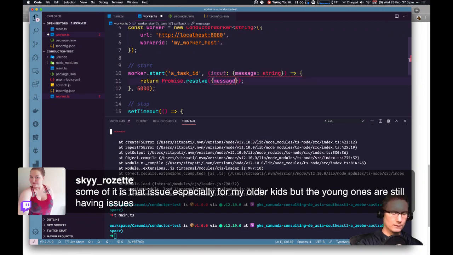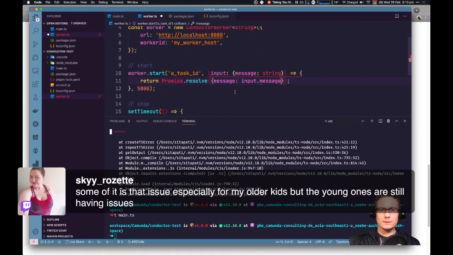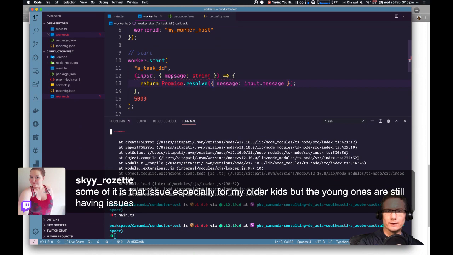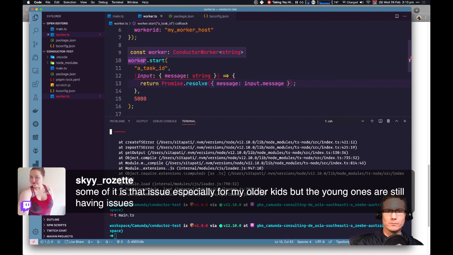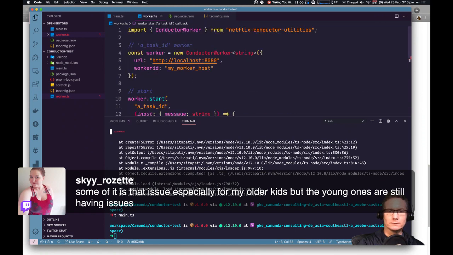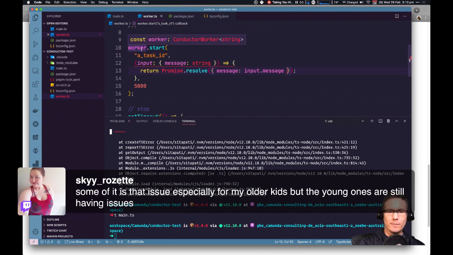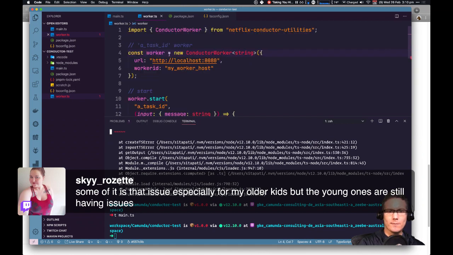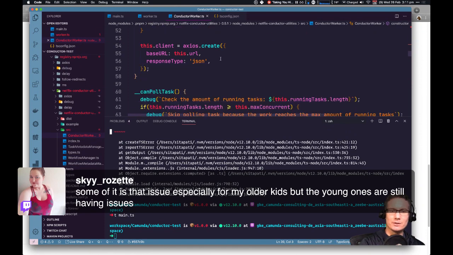Well, that's kind of weird. The code is not correct. Like that. And what's wrong with this? Okay, it's got typings on it. Okay, so this is not. New conductor worker string. Interesting, the use of generics on it.